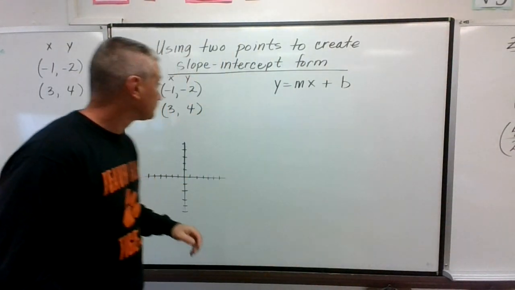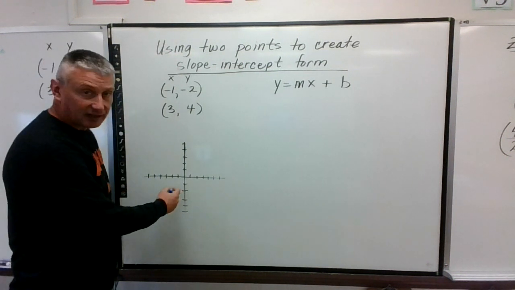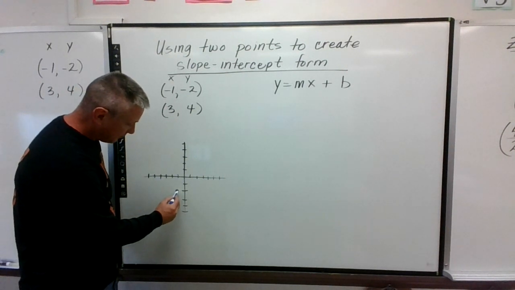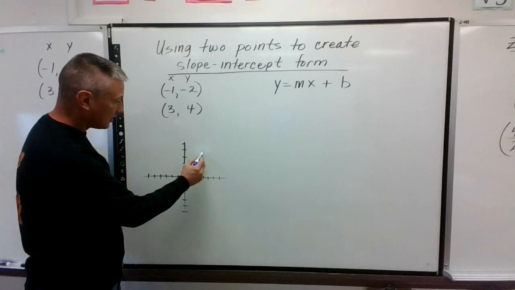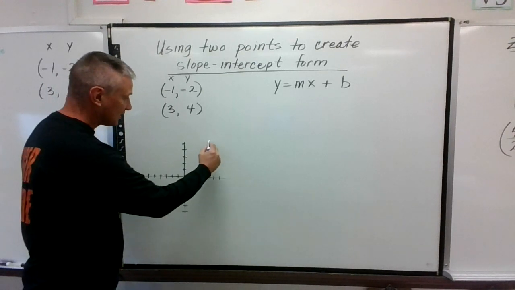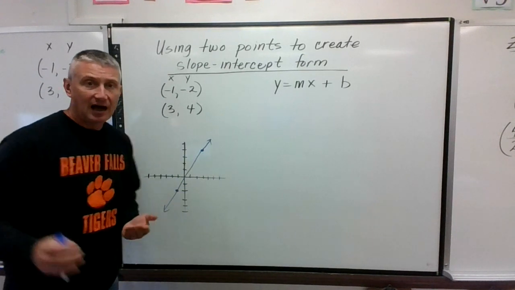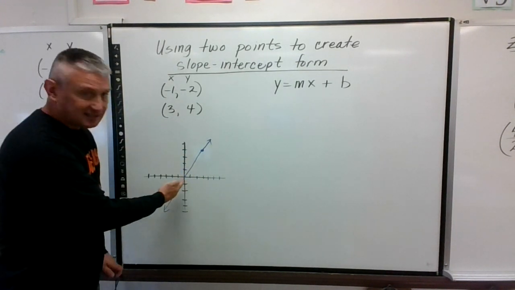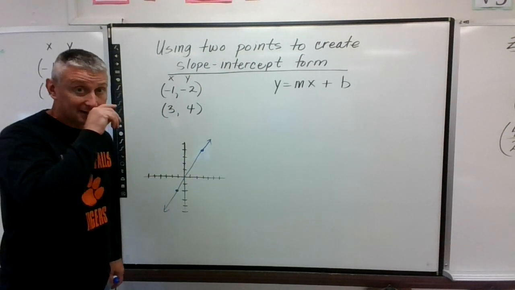So first, here are your 2 points. If I place them on a graph, and I just sketched a graph down here, this is going to be -1, -2. It's going to be somewhere right around in that area. If I do 3, 4, it's over 3, up 4, it's going to be somewhere up in there. If I connect those two using a straight line, now I'm not perfect, so I don't know if this is perfect because I just sketched it, but it seems to me like this graph is going to go somewhere through the y-intercept at 0,